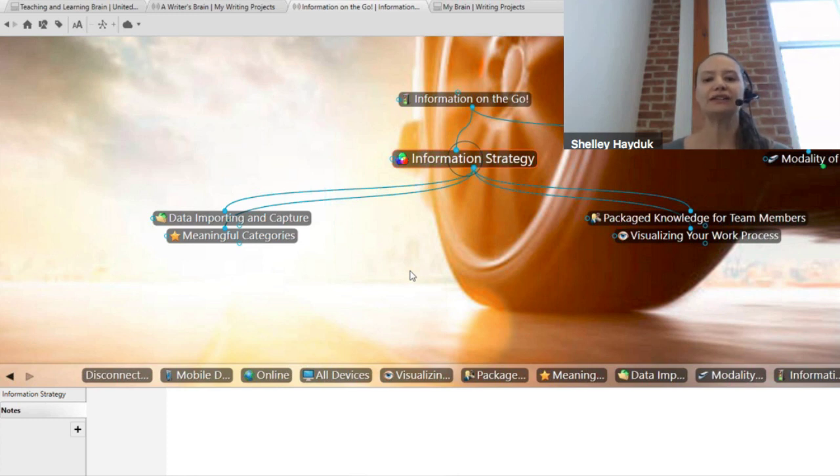So the key aspect of your information strategy is, of course, adding the data, but you want to add it in a way that makes sense to your business processes, your way of thinking. And that's where meaningful categories, or what we like to call the brain structure, the thoughts, the parent-child-jump relationships come into play. So creating those categories that make sense for you. And in creating those categories, you can also do things like visualize steps in an